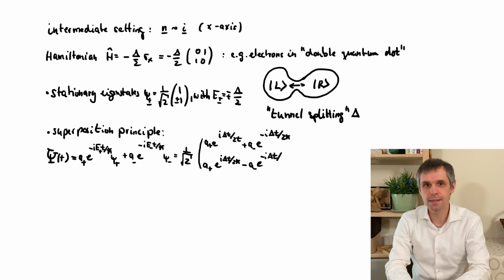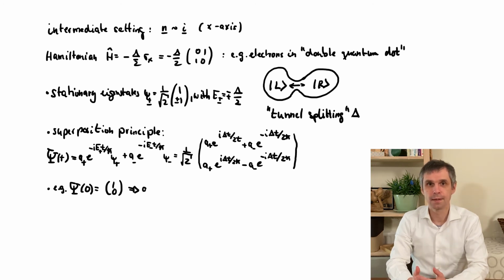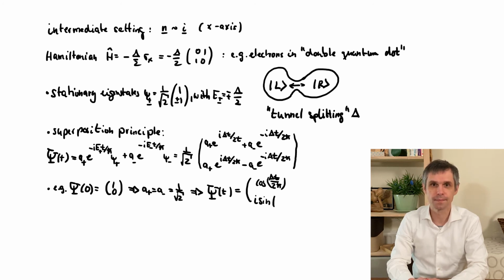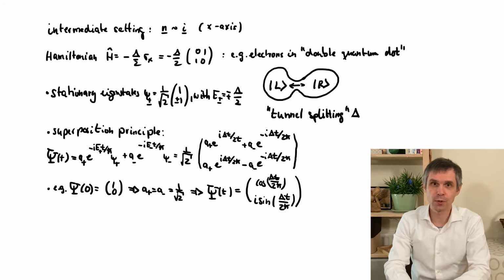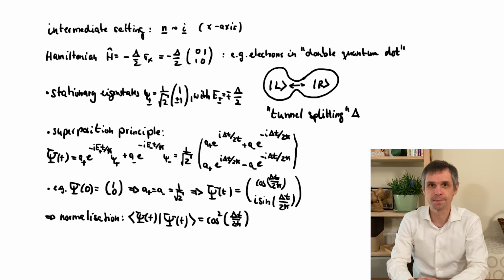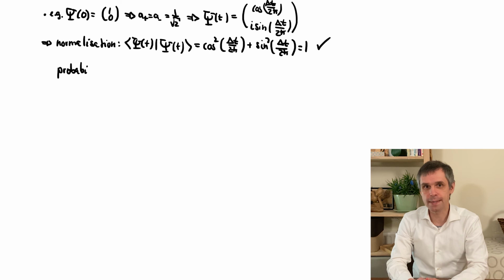Let us assume that the initial state at time t equal to 0 is just the first basis state. So spin up, or perhaps the electron in the left dot. This fixes both coefficients to 1 over square root of 2, and so the solution takes a very simple form, where one amplitude is a cosine and the other is a sine. First, we note that this remains normalized for all times. Next, we find that the probability for the two basis states oscillates, and indeed with the Larmor frequency given by